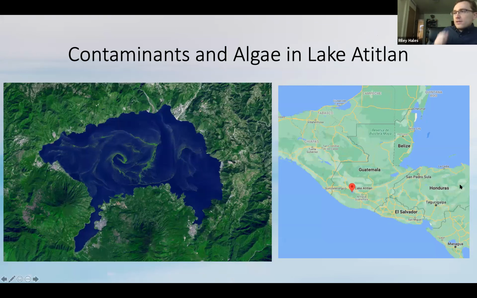The next example I'd like to talk about comes from Lake Atitlan in Guatemala. This is a lake known for its beauty and clarity, brings in lots of money for tourism, and sustains a town nearby. When the lake started to suffer water quality problems several years ago, some researchers started to investigate the cause of the blooms, see what can be done to remediate them.